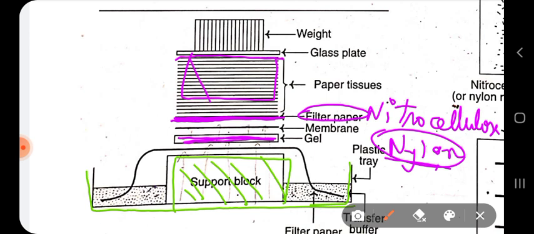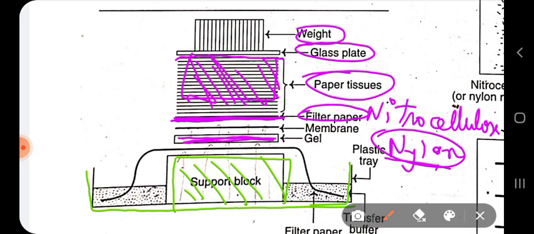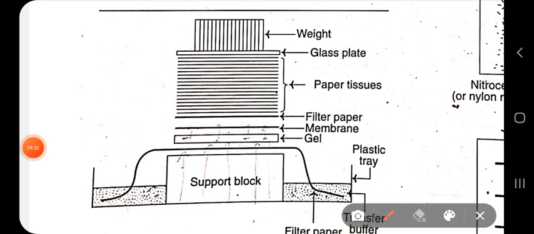Now, a load has been given above, which is of paper tissues. A glass plate is then given on the top, and then weight is given. Now, why do we do that? We are doing that so that the DNA which is present in the gel is transferred to the nitrocellulose filter paper by capillary action. Okay, this is your buffer solution, and through capillary action,